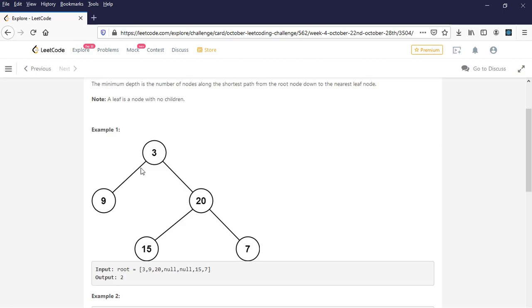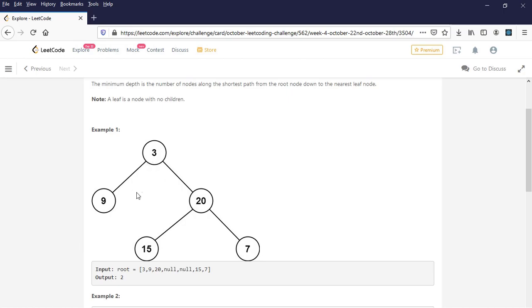If you are using depth first search, let's say we go over the right child first and then the left, we'll have to find the depth for the right child and the depth for the left child nodes, and then find the minimum between them.